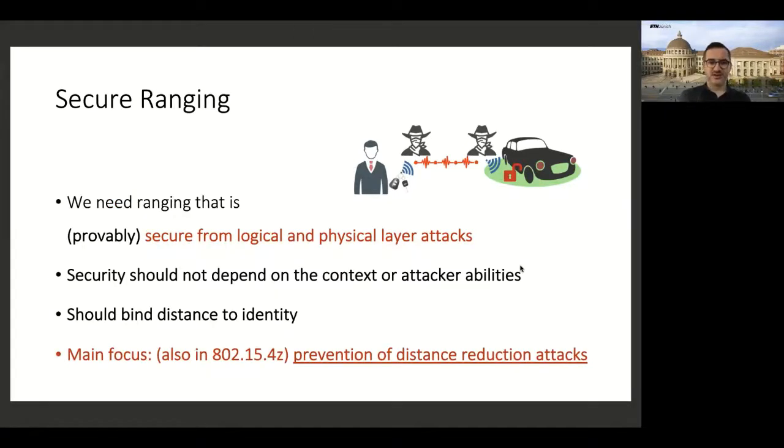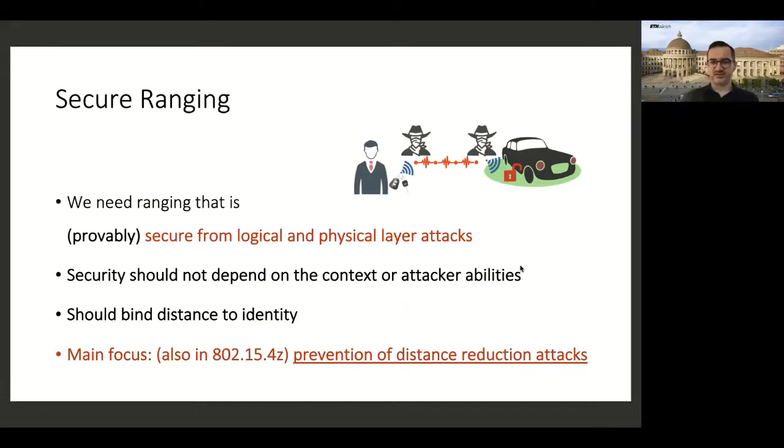we can also get positions. My argument here is that we essentially need secure ranging, so distance measurement that is secure from all logical and also physical layer attacks. If you look at this problem of unlocking the car, on the logical layer there was not much that went wrong, because it's a challenge-response protocol. There was some measurement being done of the received signal strength between the car and the key fob, so there was some notion of proximity built into the protocol. And the cryptography wasn't affected; the crypto was intact.